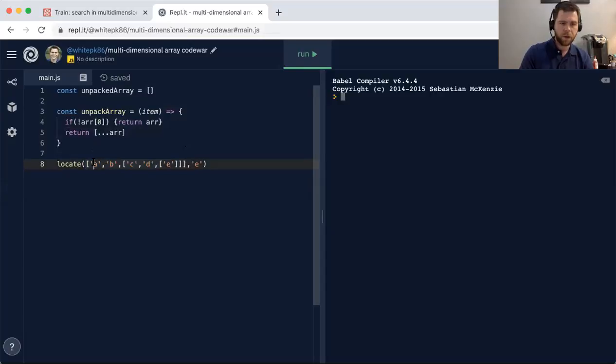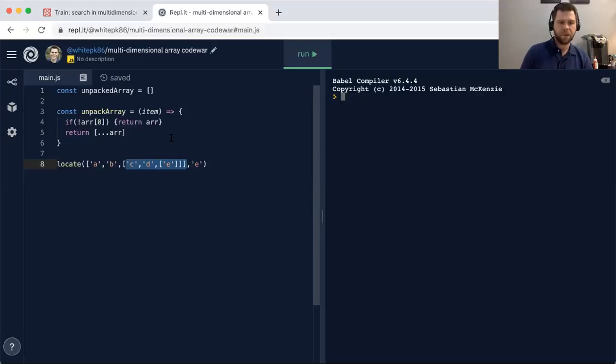If you did it here, it would return A, returns B, returns this array destructured, and then you still have an array left over. I keep trying to think of this kind of recursively,